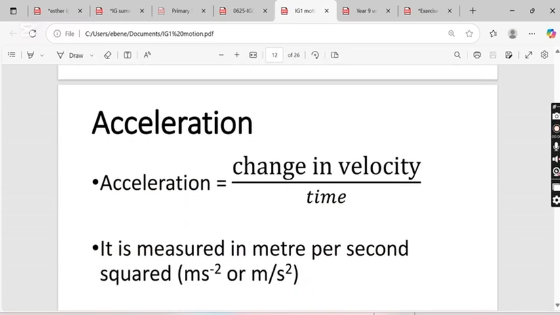Now, for acceleration, we are talking about change in velocity divided by time. That's supposed to be the formula in your head when we are talking about acceleration. Change in velocity divided by time. That is the formula. But when you are asked to define acceleration, it is the rate at which velocity increases,